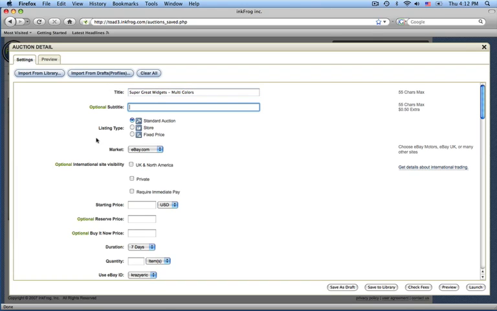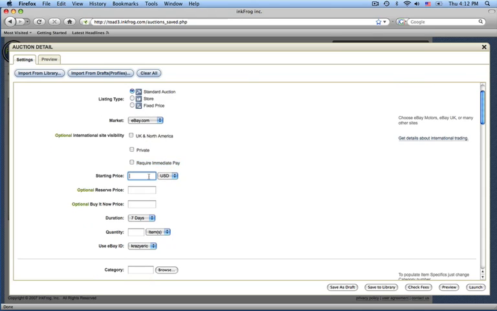And we can select our listing type: a standard auction, a store item, or a fixed price listing. We'll leave this at an auction format, and we'll select a market to list on. InkFrog does let you list on eBay Motors as well as several of the international marketplaces. So if you've got a project you'd like to really market to the UK, you might want to select the UK marketplace. We'll leave this on eBay.com, and I'll enter a starting price